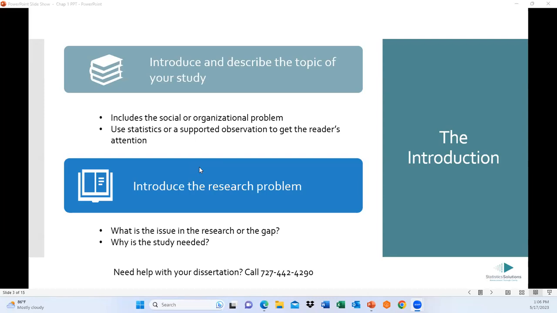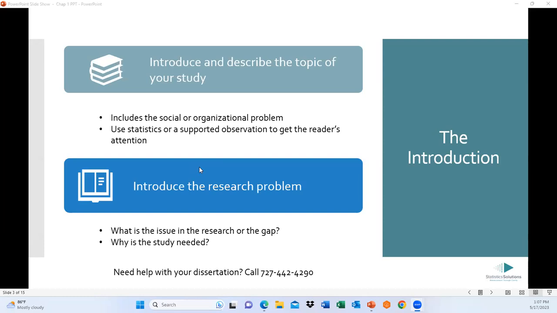All right, so in your introduction, you're introducing your topic, why you're conducting your study, and how you're going to conduct it. So at the end of this section, the reader should have an idea of what your study is about, why you're conducting it, and how. Now, all these details, of course, are going to get fleshed out later in the chapter, right? So this is just the introduction to it.